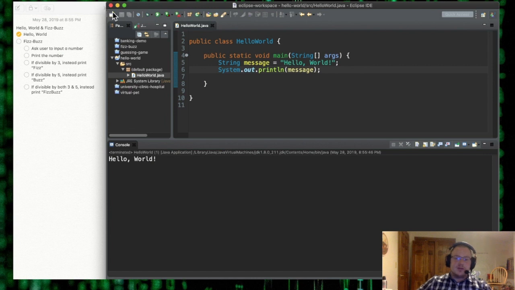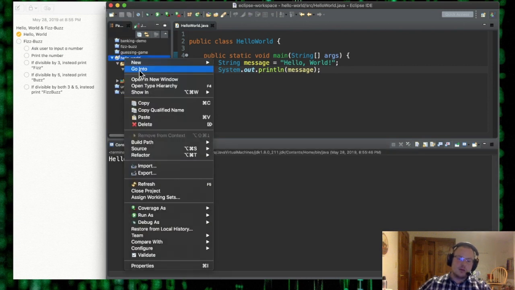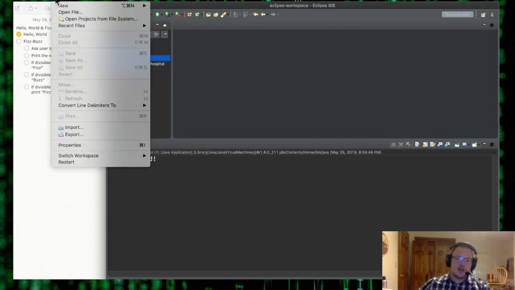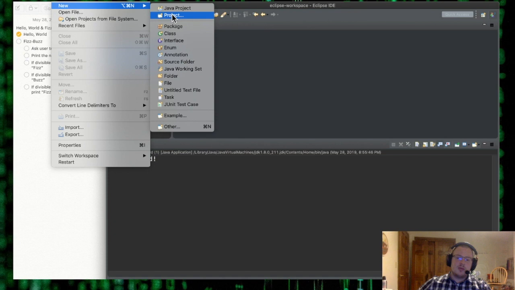Now, what we'll want to do is begin with our FizzBuzz app. This is going to be the more basic version. Next time we're going to talk about how to do a test-driven app. So in the meantime, we'll just close our Hello World project. It's nice that we had it. And we will make a